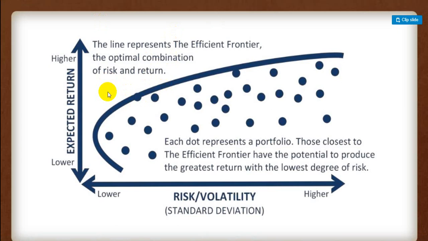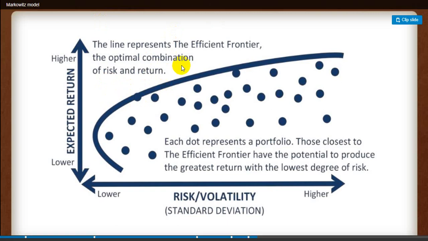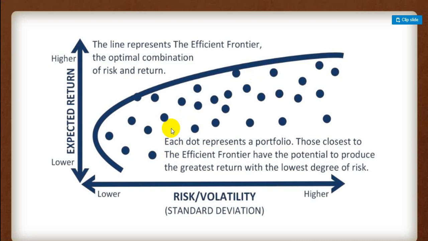Risk also should be there. No security will be there without risk. Every investment will have a risk. So they will have a correlation, higher and lower, based on your investment. The closer to this line, the efficient frontier, you get the returns and risk simultaneously, depending upon the amount of investment you are making.